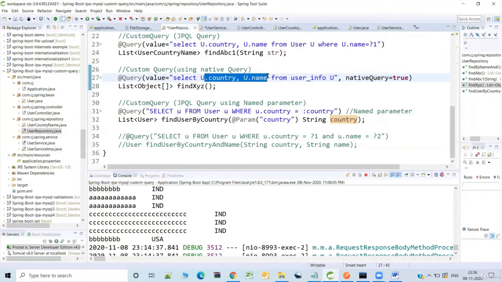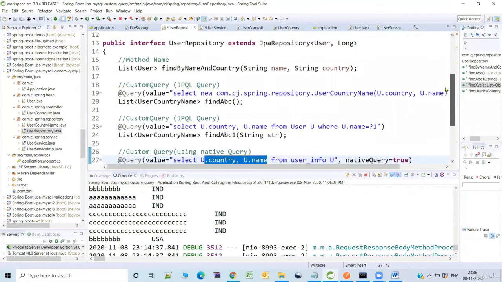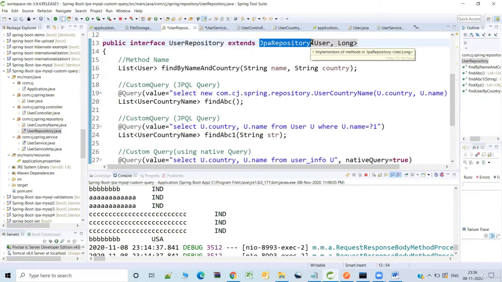So that is about the custom functionality in the repository. Here you may be thinking that I need to use JPA repository only. Not necessarily. Even the CRUD repository can be used. You can add custom functionality like this.